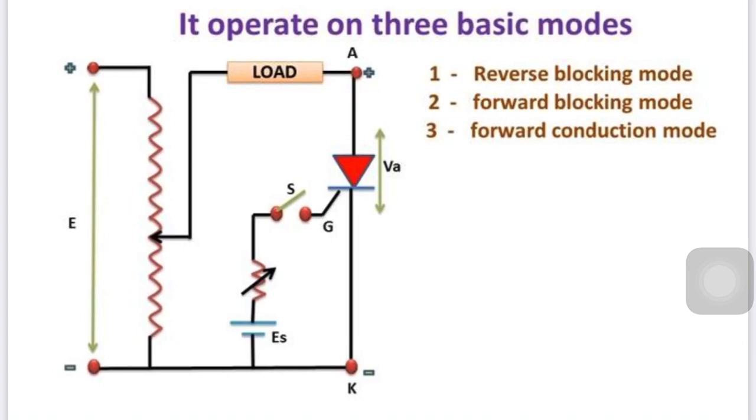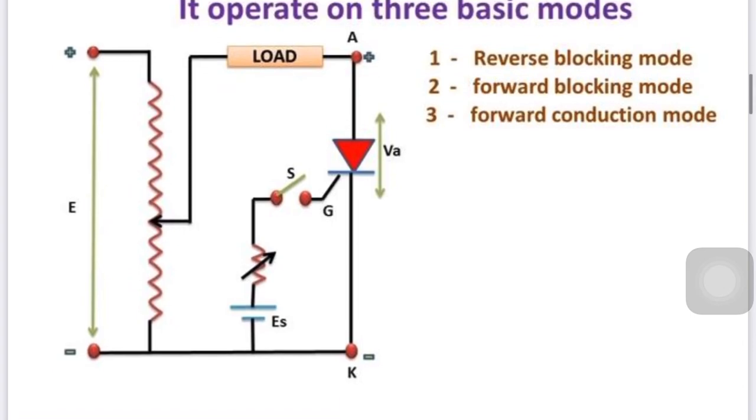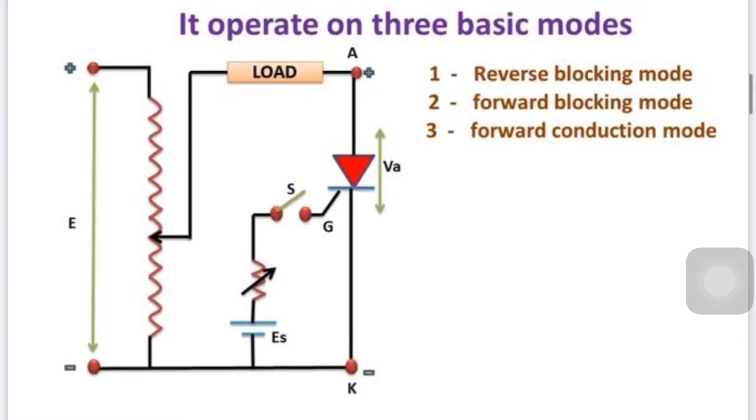Quickly it reaches some point, and this condition is called the SCR offering a very low resistance, which drops a very low voltage across it. At this stage, the SCR allows more current to flow. The amplitude of the current depends upon the supply voltage and the load resistance connected across it. The current corresponding to this point is actually called the holding current. We discussed what holding current and latching current are in the dynamic characteristics.